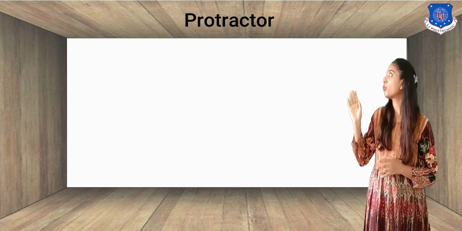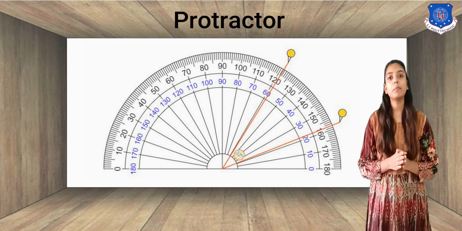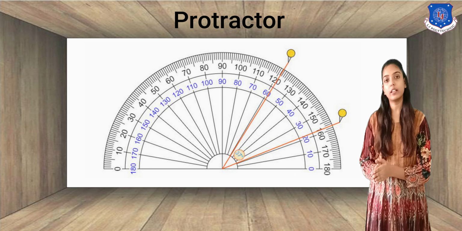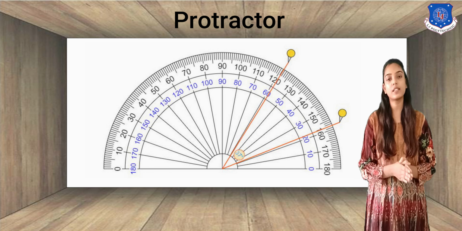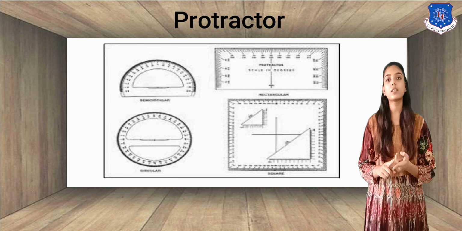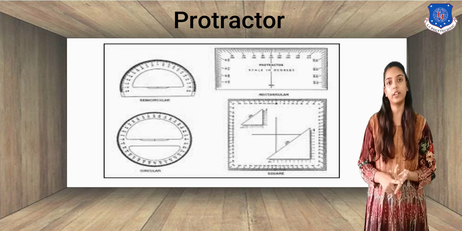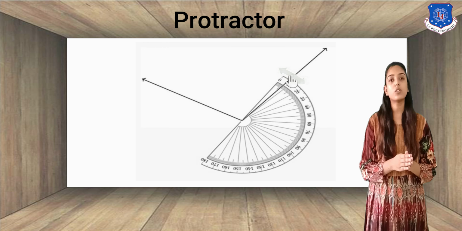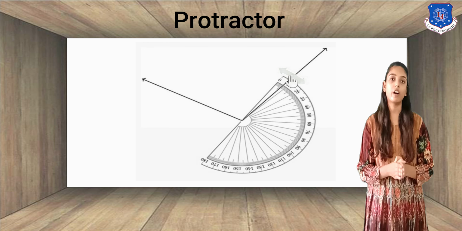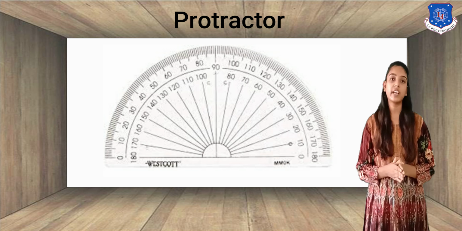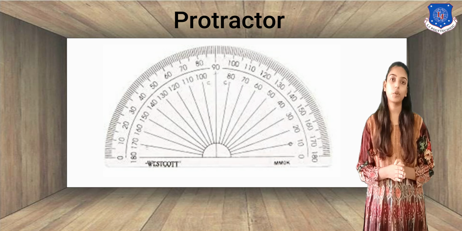The next drafting instrument is the protractor. It is mostly made of plastic or acrylic material. It is used to mark and measure different angles, for example 30 degrees, 15 degrees, 65 degrees, etc. There are mainly three types of protractors available in the market: flat protractor, circular protractor and semicircular protractor. In architecture, mostly the semicircular protractor is used, and it is also used by students for drafting or any circular design pattern. As you can see on the screen, a sketch of a semicircular protractor.